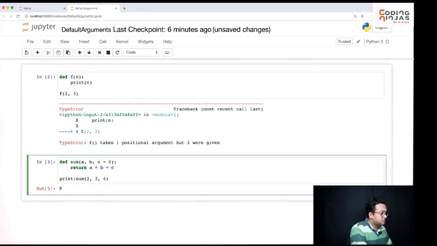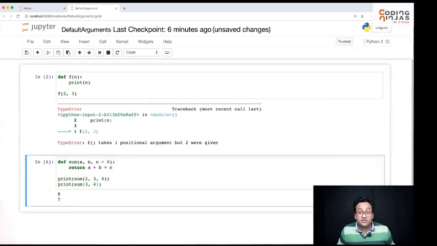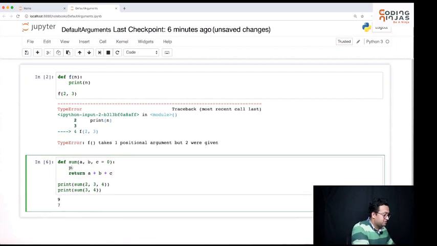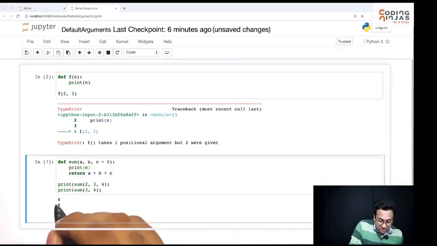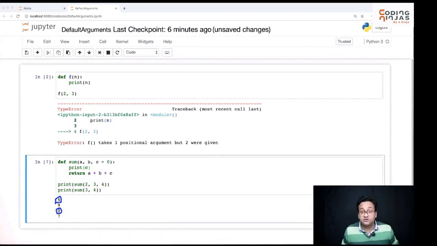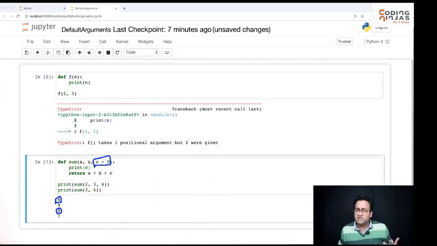Let me print this. But I can also call this, and now c by default is taken to be 0. To prove this, you can print c inside here. For my first call, c was 4. For my second call, c was 0. That's how default value of arguments work. So by default, c's value is 0. In case you pass something, that's perfect.